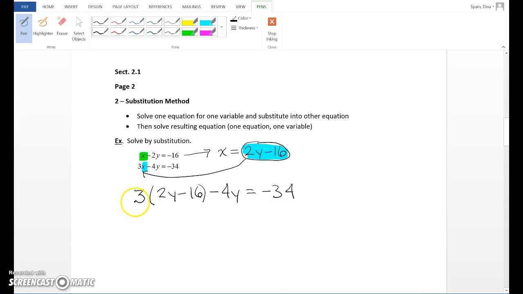Now, I've got this one equation, and there are only y's in there, one variable. I no longer have two equations with two unknowns. I've got one equation with one variable. I know how to solve that. Let's go ahead and solve it. We'll distribute